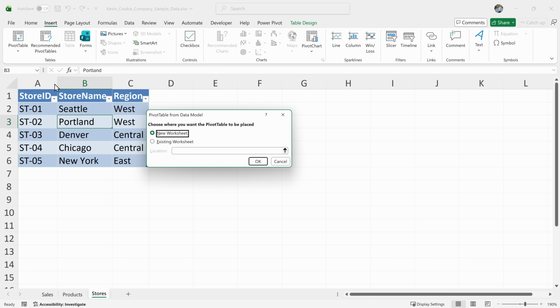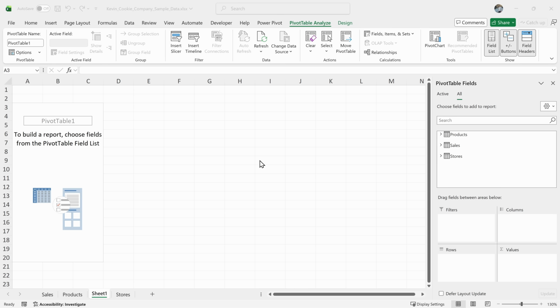So let's click on this option. Right over here, we have different options. Let's place the pivot table on a new worksheet, and down below, let's click on OK. Once the pivot table opens, look over on the right-hand side where you have all of the different pivot table